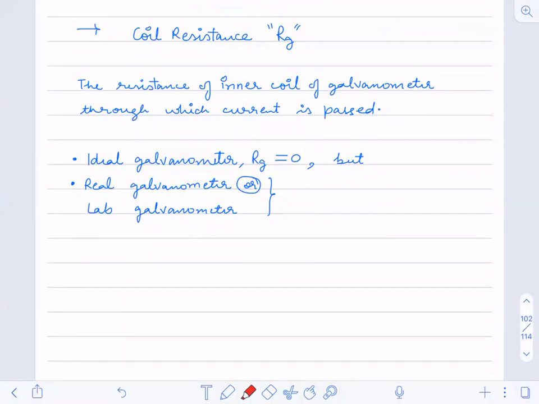If anybody would have seen an open motor of a fan or water pump, or induction, you'll be seeing a coil. Copper wires will be there, wound. Like that only you have windings or copper wires in the galvanometer. Same thing you have in an ammeter, same thing in a voltmeter. So this galvanometer is an electrical instrument, and every electrical instrument will have an electrical circuit. Every electrical circuit will be having wires also.